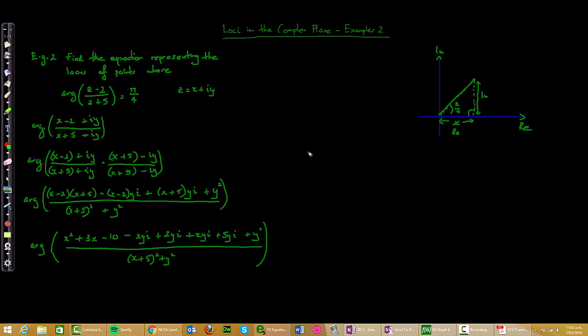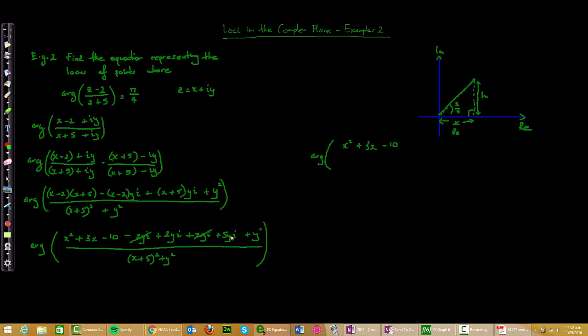Okay, I'm just going to move over to here where I've got a bit more room. So we do get one thing cancelling. We end up with that cancelling, but we can group together a few things. We're going to have x squared, so still the argument, x squared, the 3x, there is nothing else on the top line to combine with that, so still 3x minus 10,